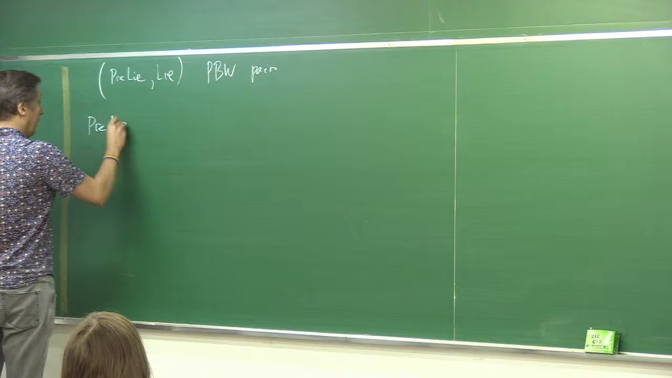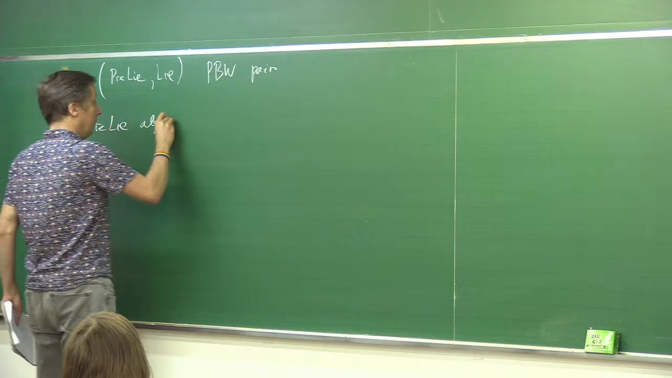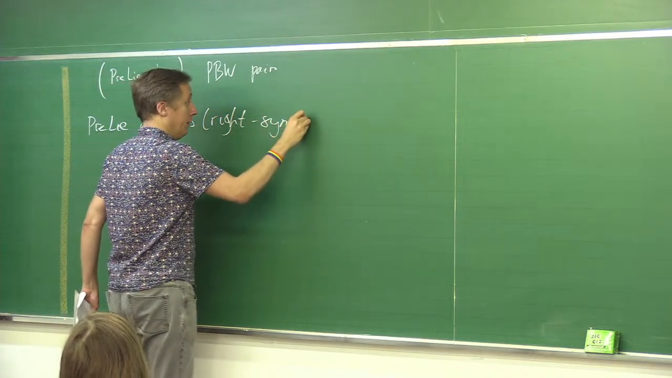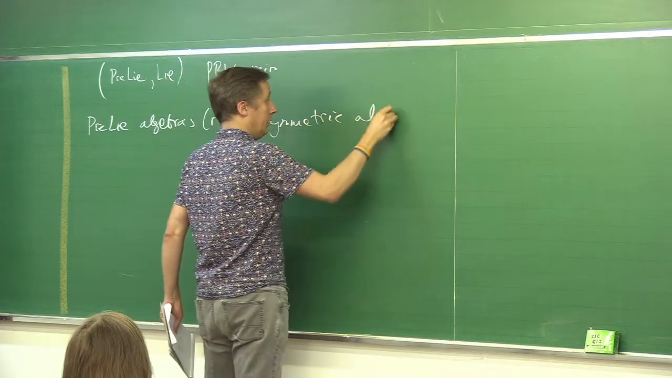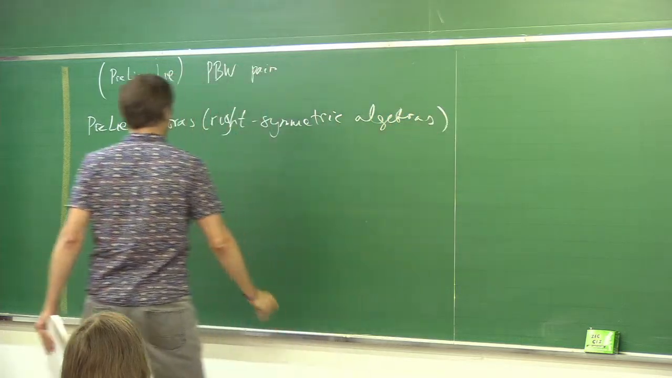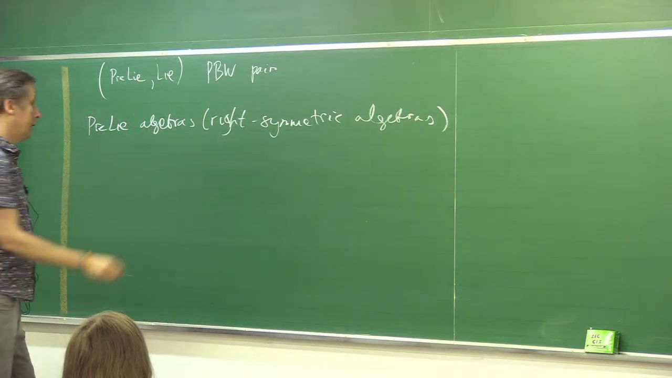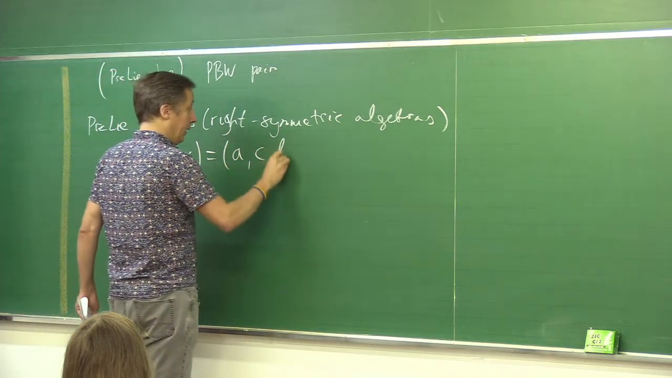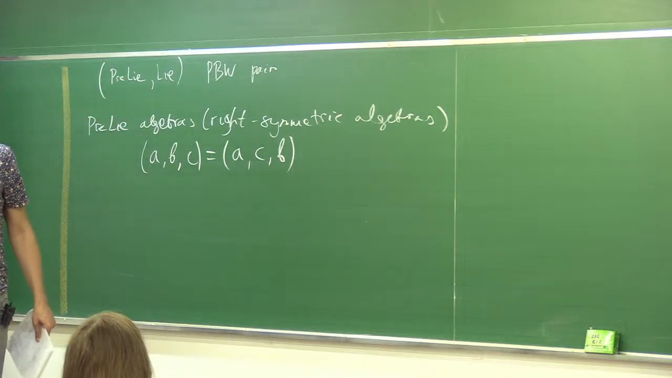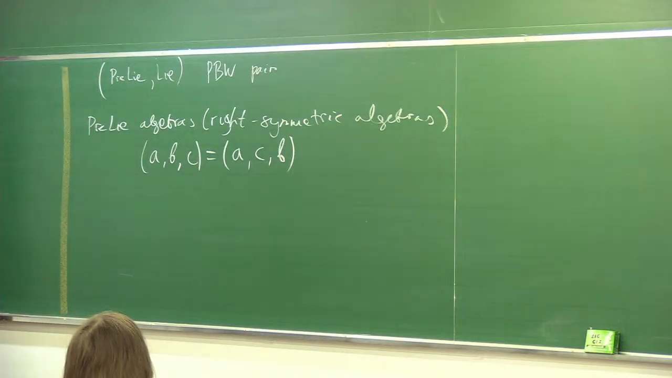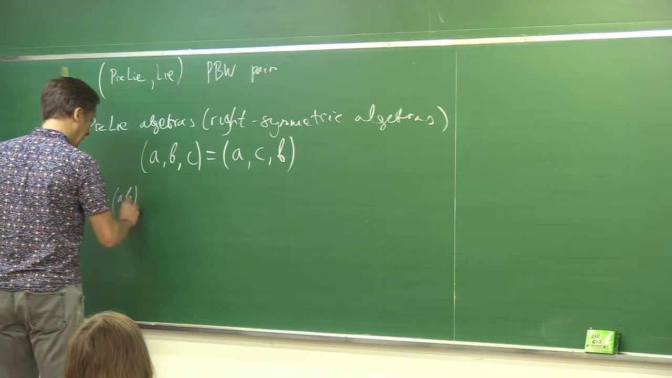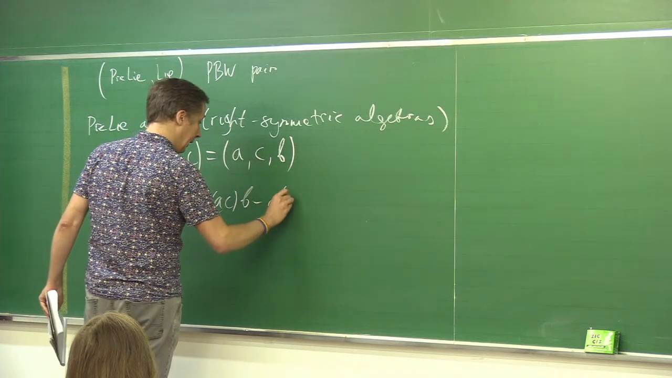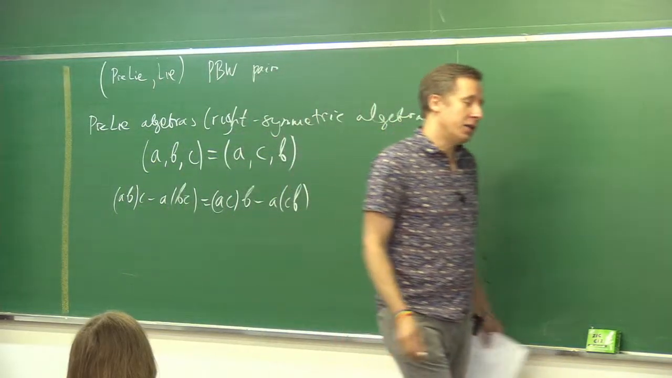I'll remind you that the pre-Lie algebras, also known as right symmetric algebras, are algebras with one binary operation satisfying the identity which says that the associator is symmetric in the last two arguments. So concretely, (AB)C minus A(BC) is equal to (AC)B minus A(CB),